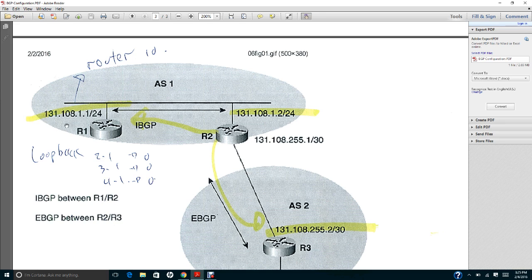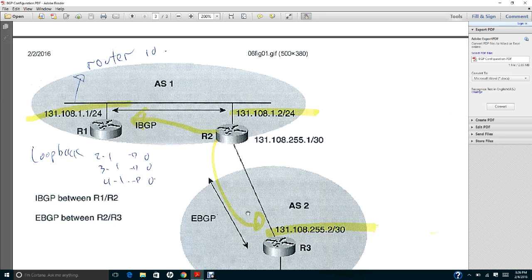The IP address of this one is 192.108.1.1/24, and the interface for this is fast Ethernet, the connection in here is 131.108.1.2.